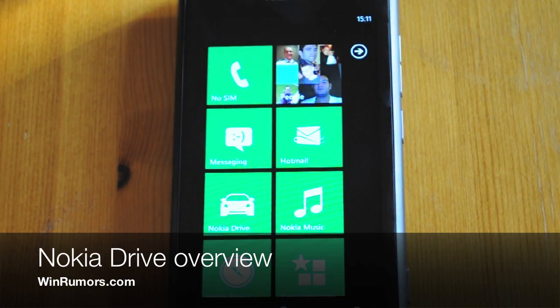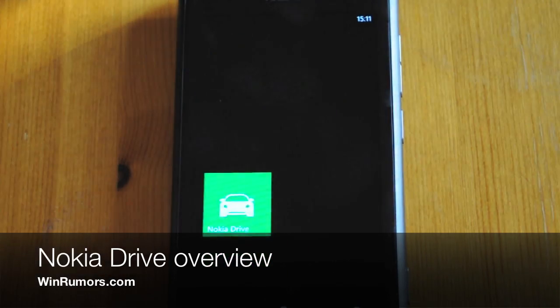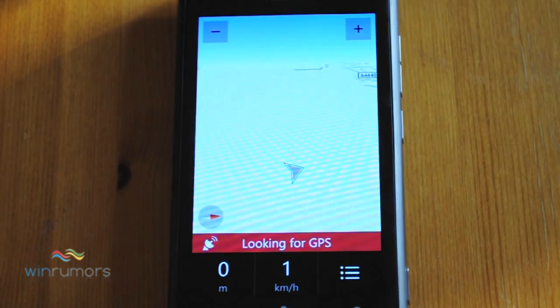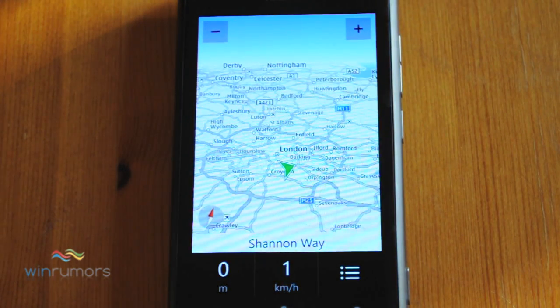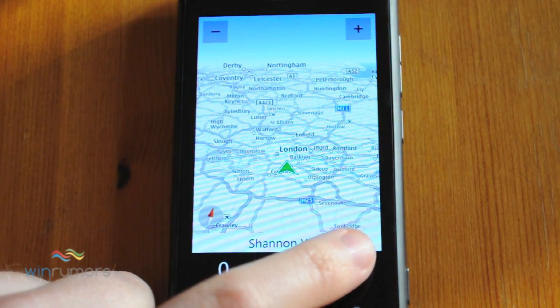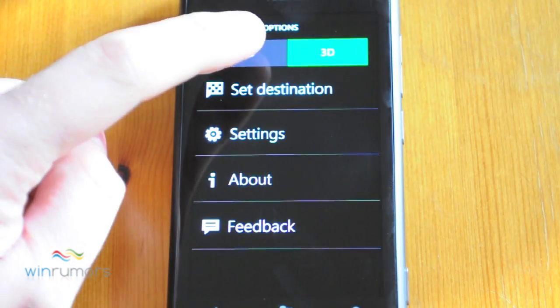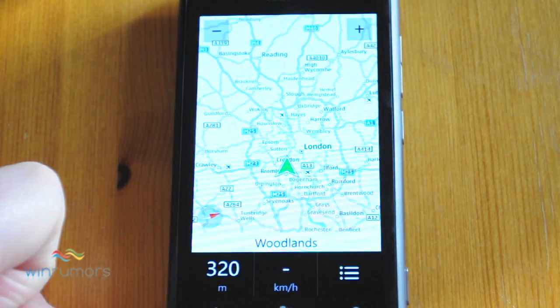Okay, so we're going to move on and have a look at the Nokia Drive application. So this is Nokia's sort of 3D turn-by-turn navigation, which ships free in the Lumia. So you can see the 3D sort of map there. You've also got the option of changing that to a 2D, which is a more sort of flat interface to